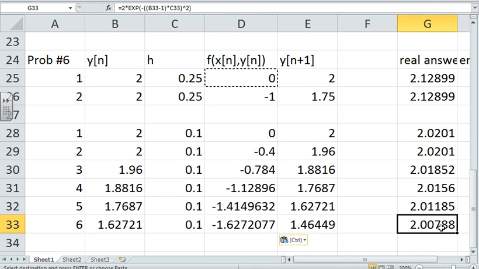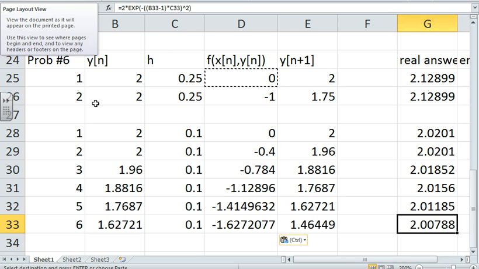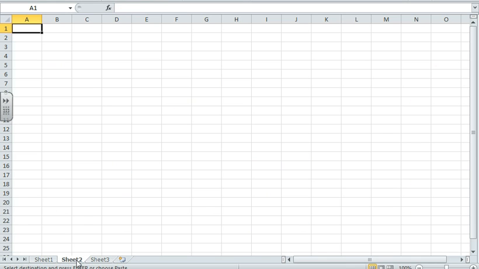Okay, well, enough of that. Moving on to section 6.2, and we see we have an improved Euler method on page 445. Okay, so how do we do that? We go to sheet 2, right? So we're going to go to sheet 2,